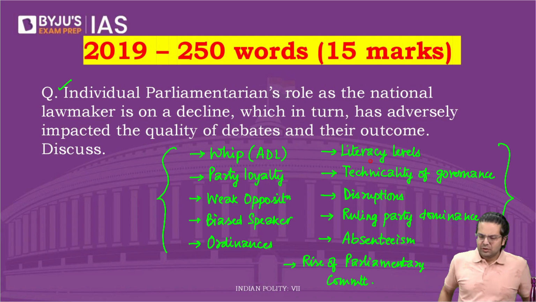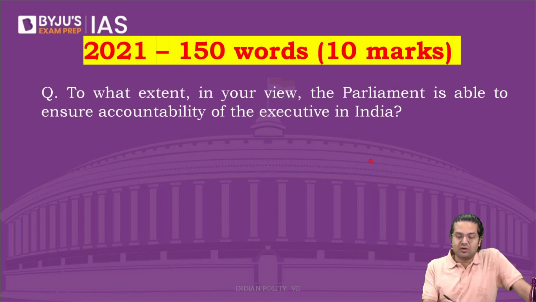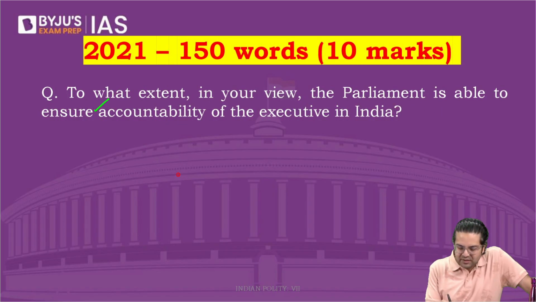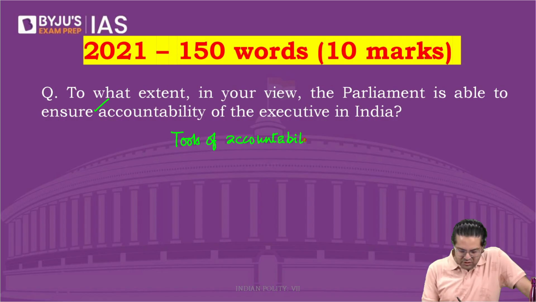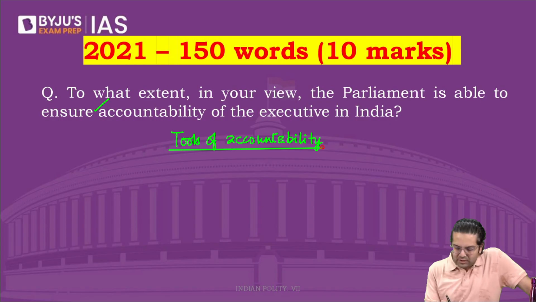One more question. To what extent, in your view, is the parliament able to ensure accountability of the executive? So basically, firstly, mention all the tools of accountability. Tell me, what are the tools of accountability? How does the parliament ensure accountability? Okay, one is the